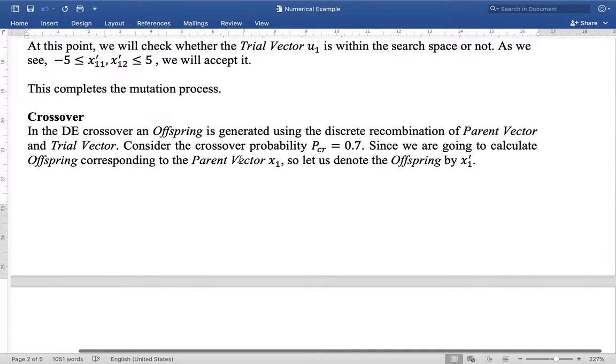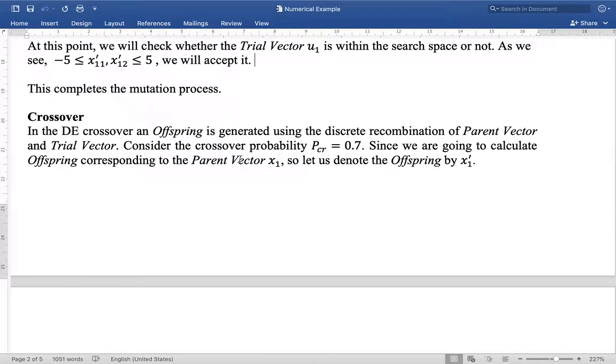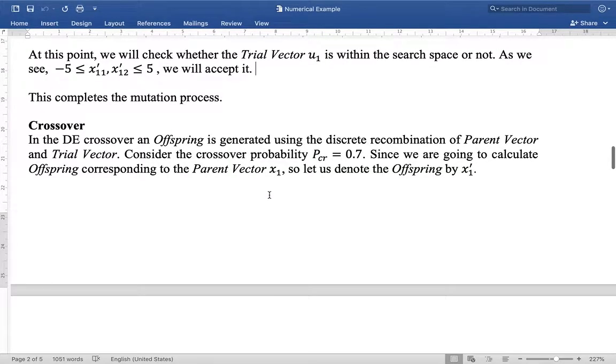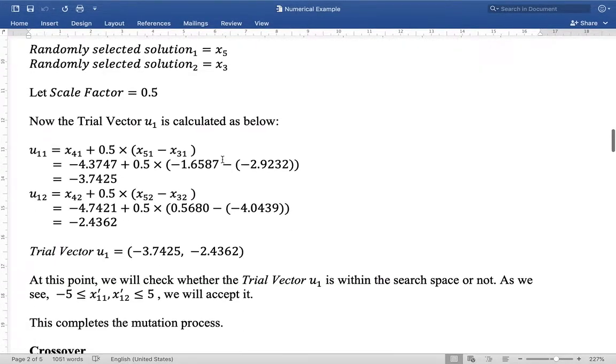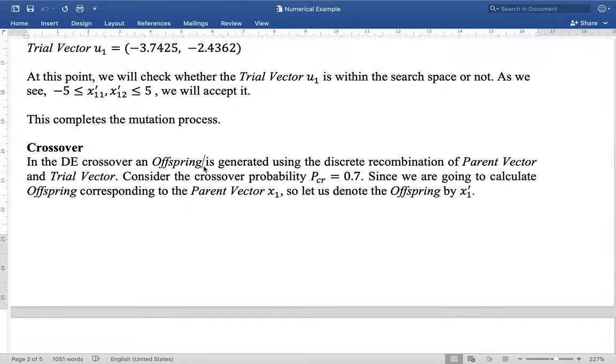This is the strong point of differential evolution, that differential evolution has a minimal number of operators and a minimum number of parameters. Only two operators, mutation and then crossover, and only two major parameters, the scaling factor and the probability of crossover. The scaling factor is used in mutation, the probability of crossover is used in the crossover operator. So in the DE crossover, an offspring is generated. You understand that in the mutation operator, one trial vector was generated. The crossover operator is implemented to generate an offspring,